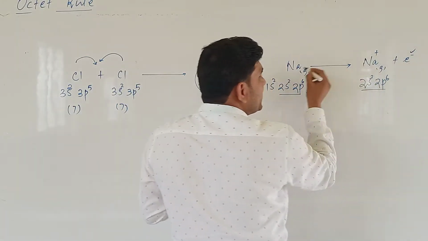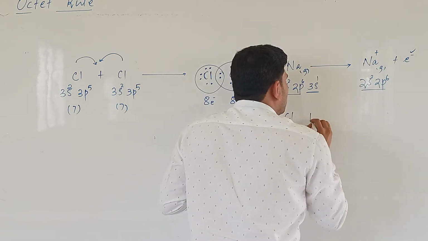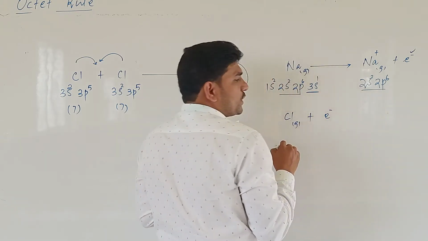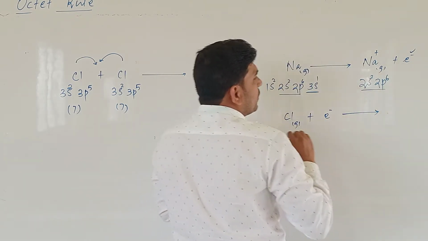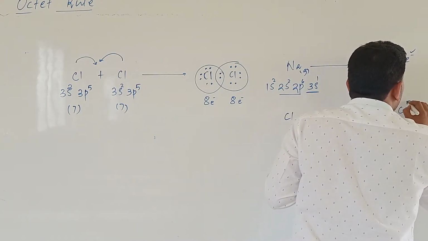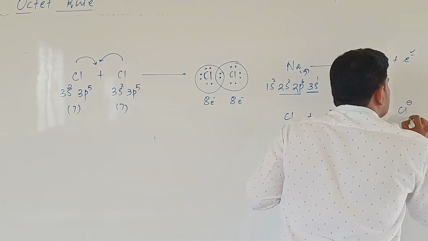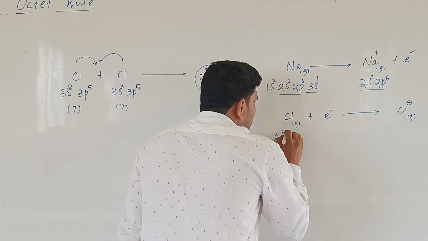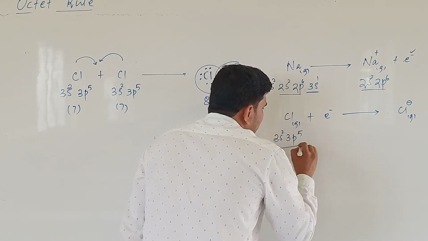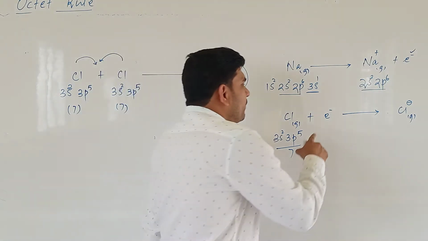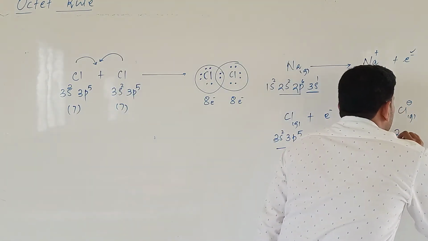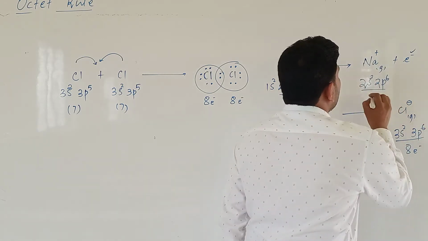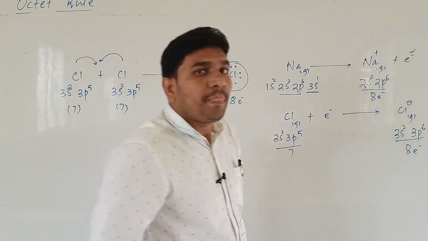The electron which was lost by sodium is now gained by chlorine. Chlorine is actually a molecule, but I will take a gaseous chlorine atom. It gains an electron to become Cl minus, means chloride ion. Gaseous chloride ion is formed. That you know already. What is the outermost electronic configuration of chlorine? 3s2, 3p5. 7 electrons were there. But when it gains 1 electron, the outermost electronic configuration of chloride ion becomes 3s2, 3p6. How many electrons are there? 8. Over here also 8 electrons are there. Over here also 8 electrons are there.